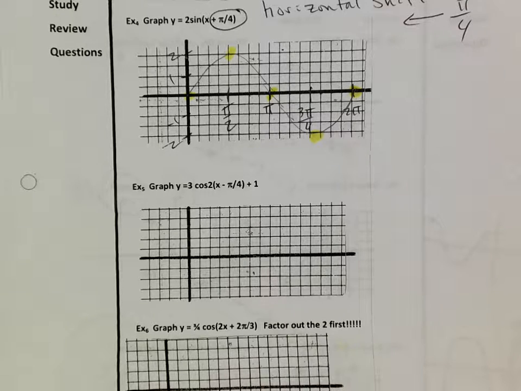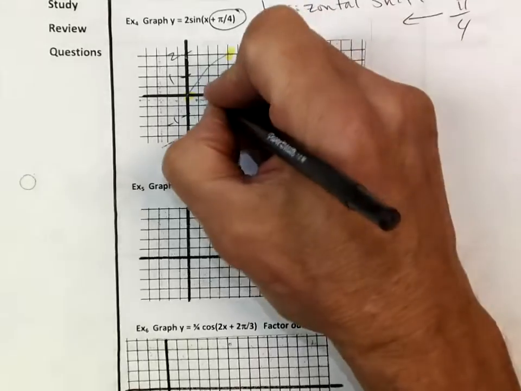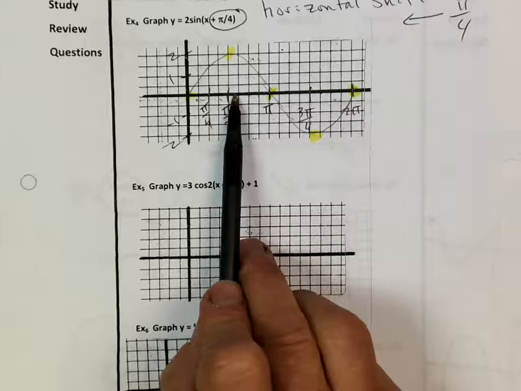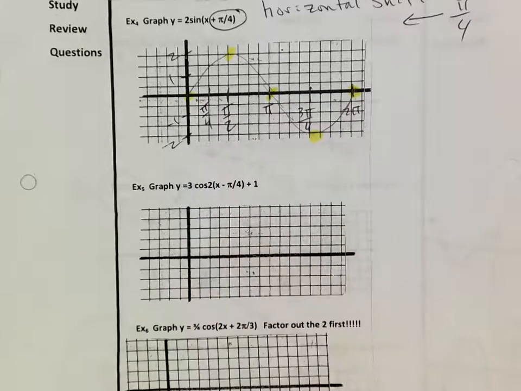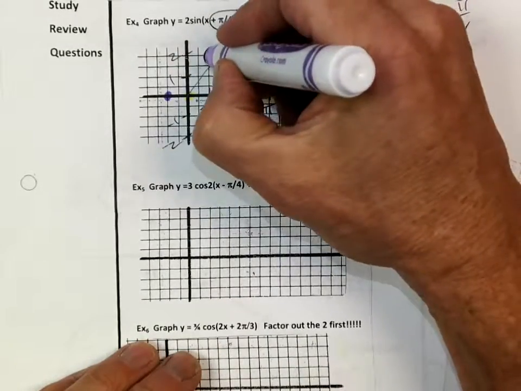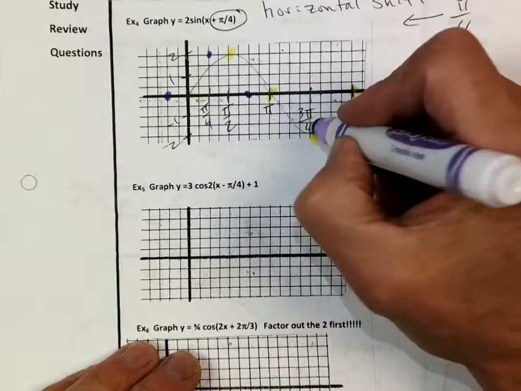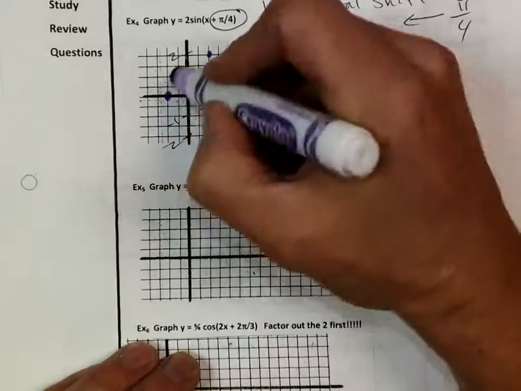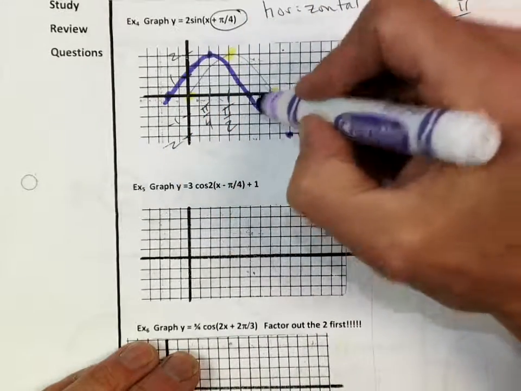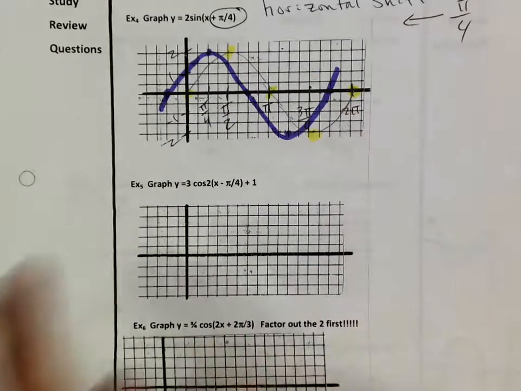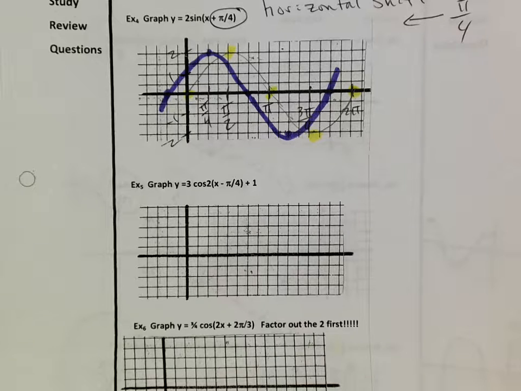So pi fourth is 2 squares, isn't it? Isn't that pi fourth? If that's pi halves, if 4 squares is pi halves, then 2 squares is pi fourth. So I'm just going to move every important point back 2 squares. So I'm going to go 1, 2. Back pi fourth, back pi fourth, back pi fourth, back pi fourth, okay? Just draw it in. And I think I'm going to stop here because it's a shortened period anyway. And we'll look at 5 and 6 tomorrow, but let me go ahead and stop it here. And I will